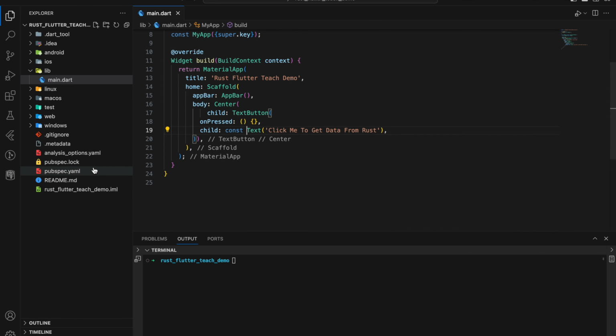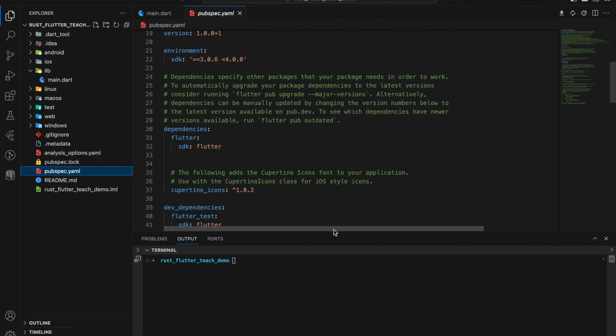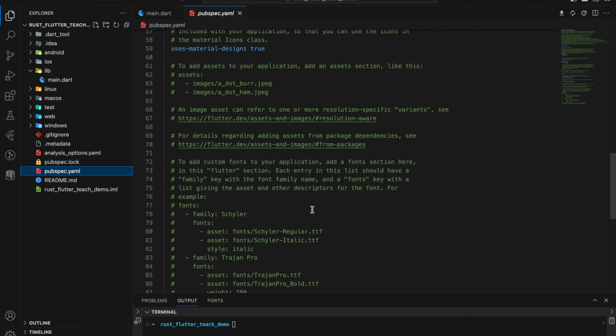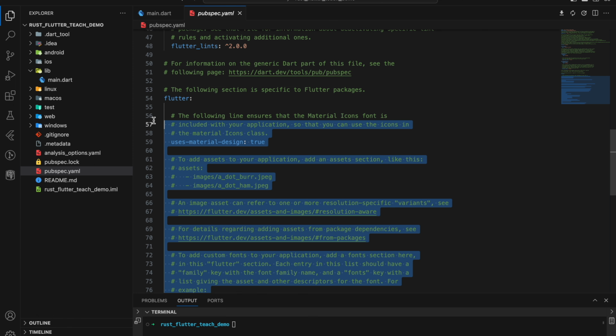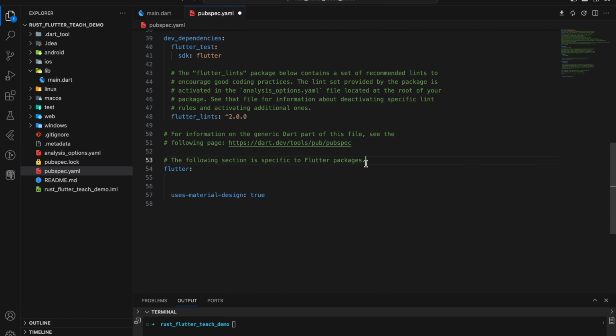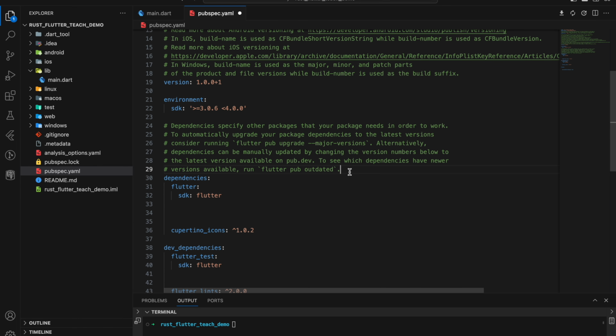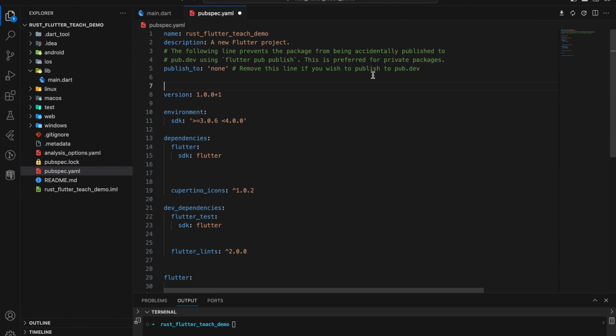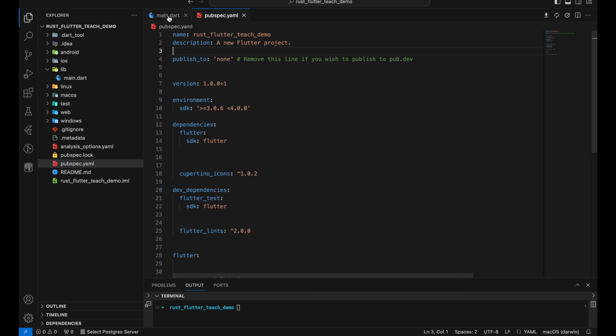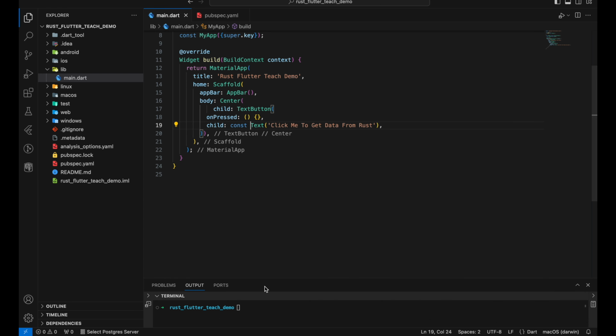Great, so let's clean this app, and let's clean this pubspec.yaml file. This is just Flutter related things, so I will not explain.